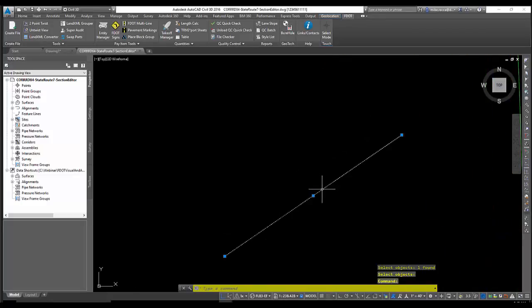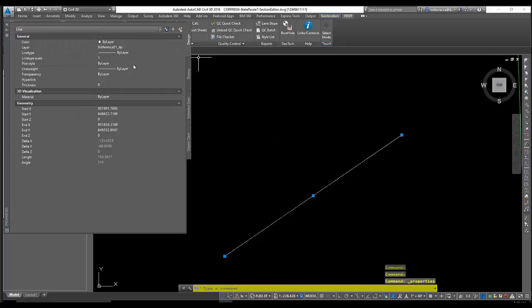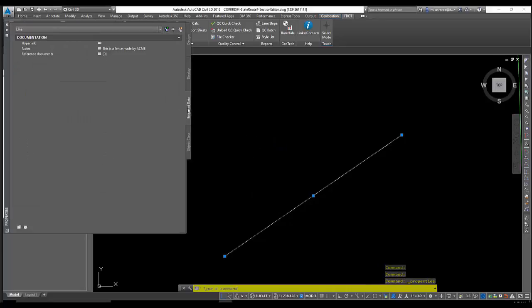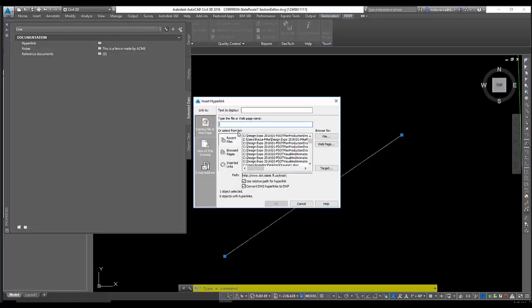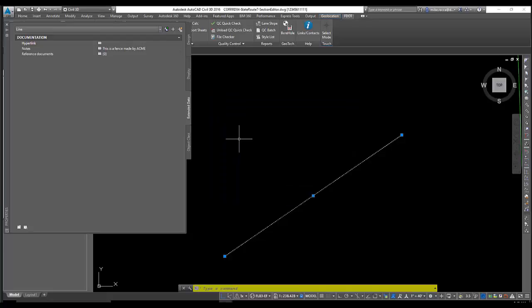So how do I go back and see that note? Well, if you pick on the line, right click and go to Properties. On the Properties box, on the Extended Data tab, here you have documentation, and here is where your notes are. This is a fence made by Acme. It shows you if you have any reference documents attached to it, and also the option to attach a hyperlink. So if you click on that, you've got the same familiar options that you might know from Microsoft Word or Excel on attaching a hyperlink